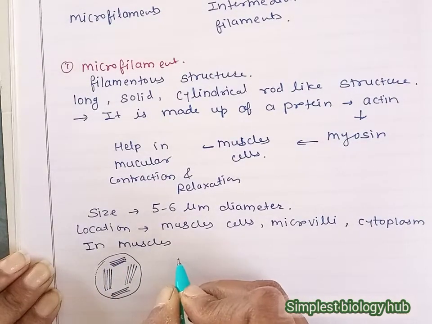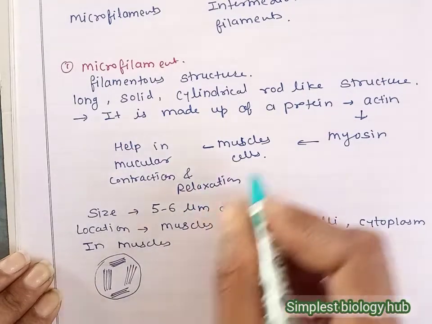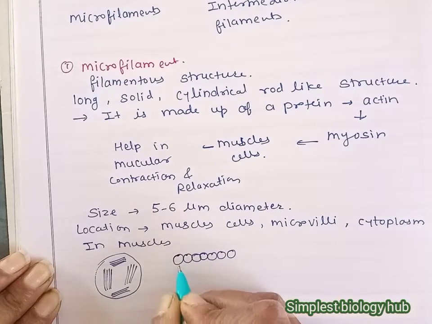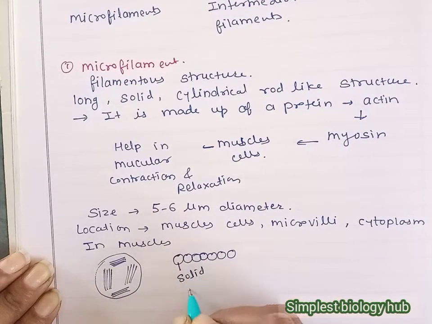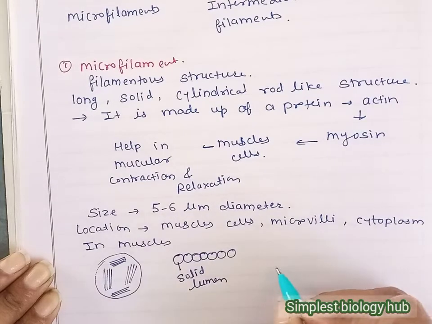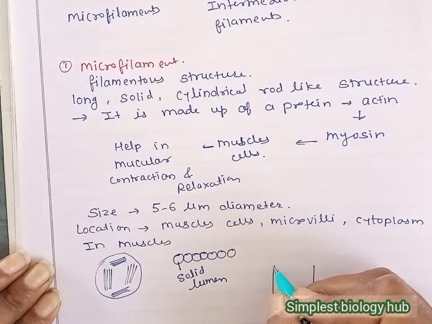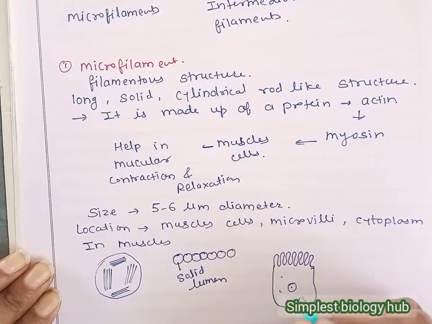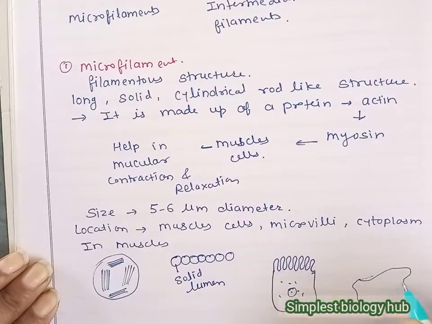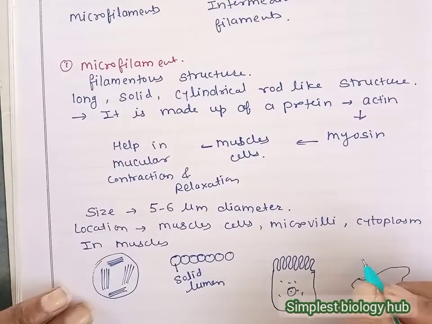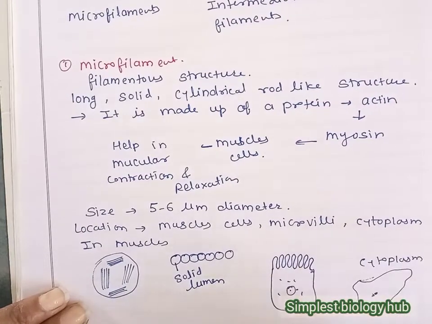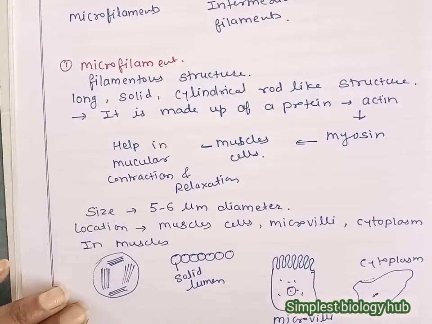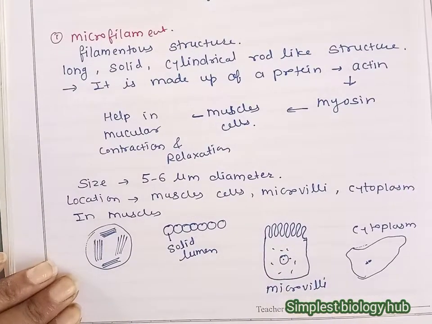In the case of actin and myosin filaments, in association with myosin, they are in solid form, and the lumen is solid. In the case of microvilli, here we draw the structure of microvilli. They are in microvillus form, freely suspended in the cytoplasm, and may also be of irregular shape. This is the microvilli part found on the inner wall of the small intestine. This is about the microfilament.